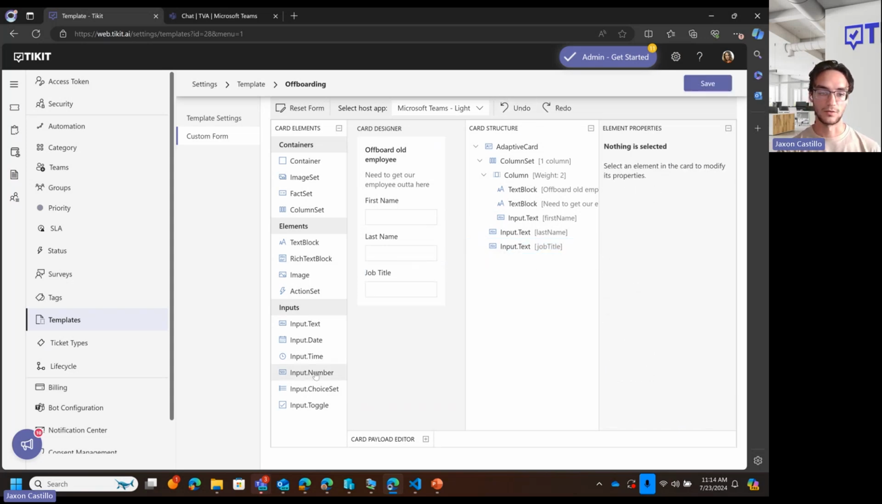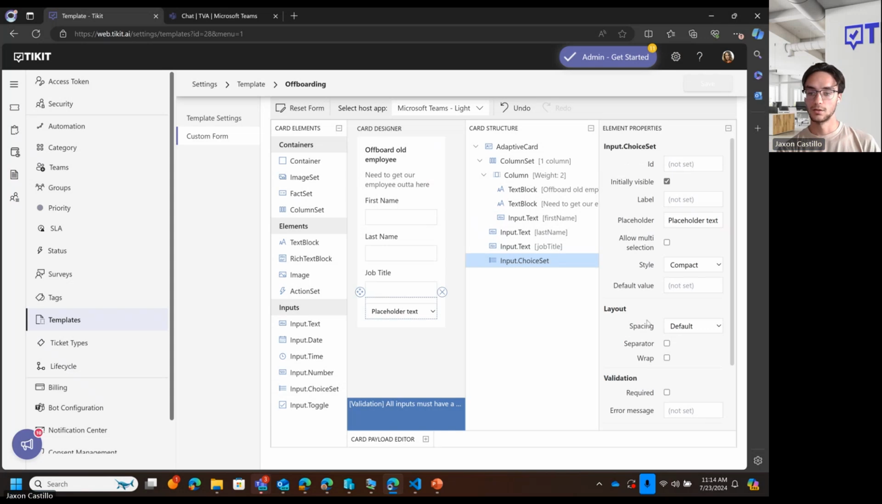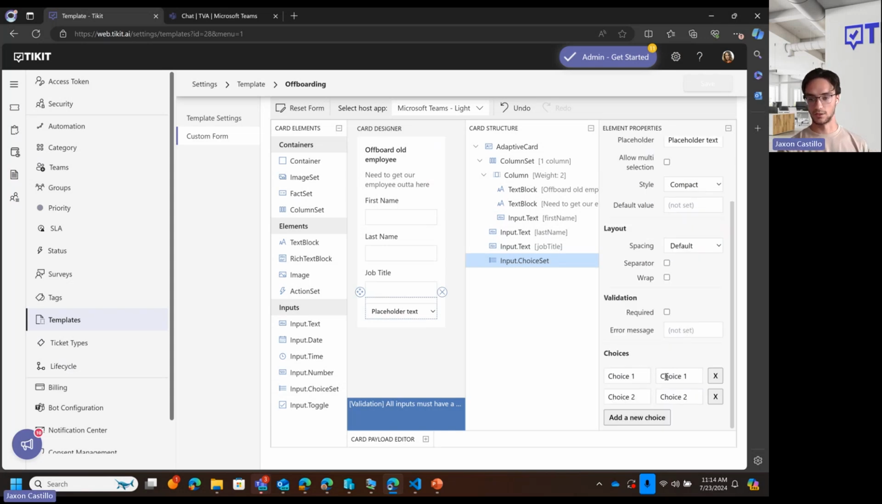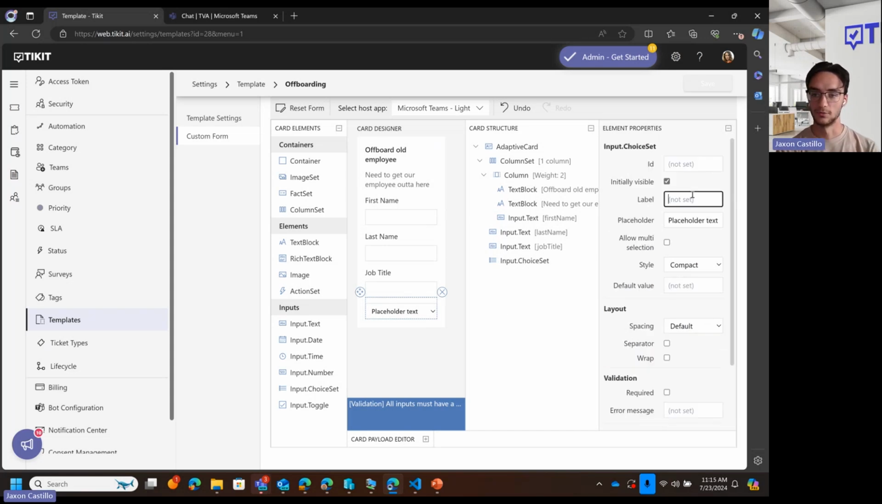Alternatively, if you had like an input choice set or anything like that, these would be your key value pairs over here. So you could have key one be like I did for the soft board. You could have it be fired and then just F. Key two be not fired and F. Just like that. And then for the label, we can say